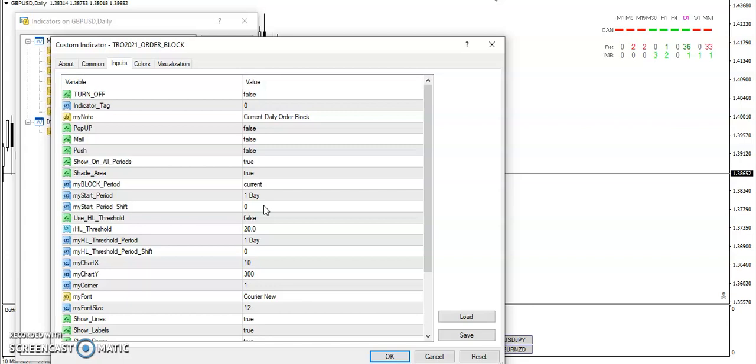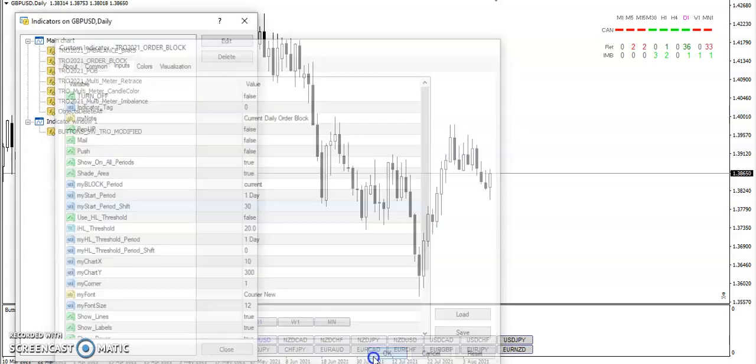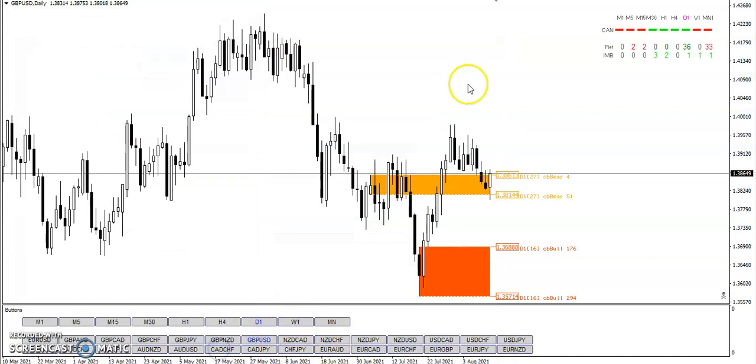So what we have to do, let's go back 30 days. And there we have it. So right here we had a bearish order block. And we've got the bullish order block here. And so you see price,